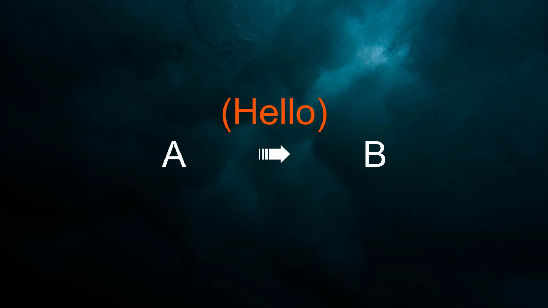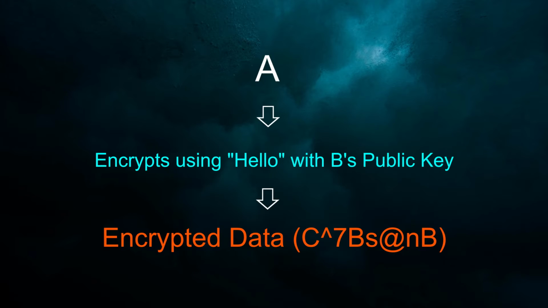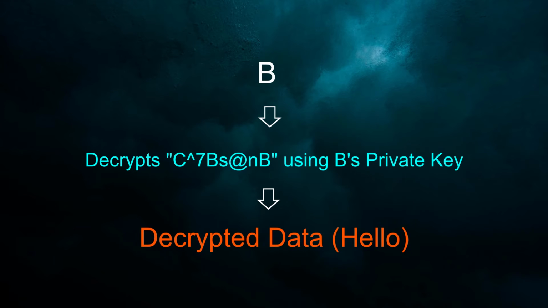How? So first consider a scenario. A wants to send some data to B. So that data which A wants to send, A encrypts using B's public key. And when that encrypted data reaches B, B will decrypt that same data using his own private key. So remember, previously I told you the same key pair can be used to encrypt and decrypt data respectively. So that is one scenario where you exchange information between both the parties using a private and public key pair.